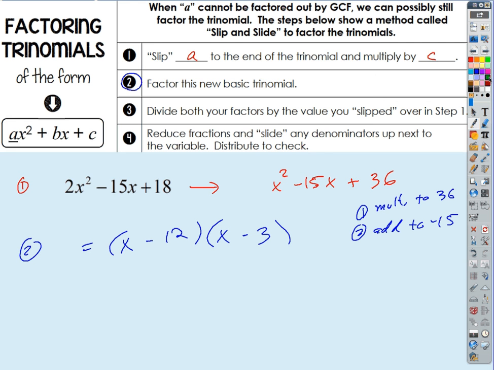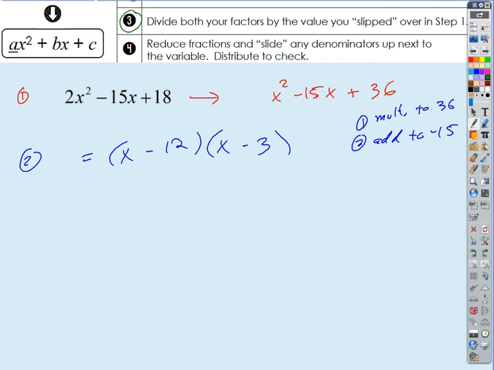Step 3 is we're going to divide both of your factors by the slipped value, by my original A. Well, what was the value that I slipped? A was a 2, right? Okay? So step 3, I'm dividing my magic numbers by A,